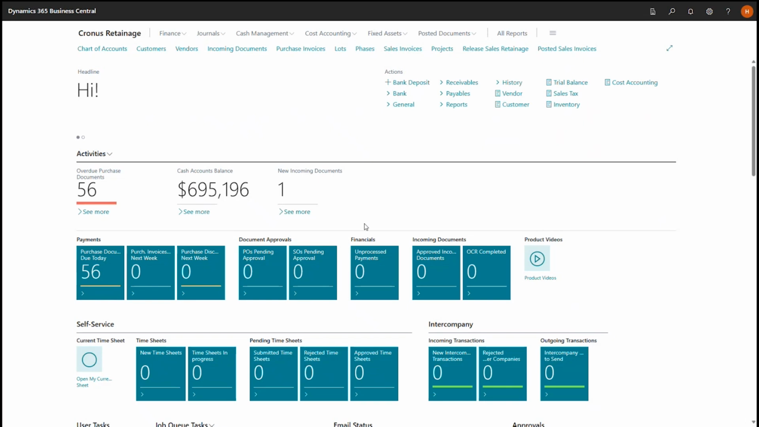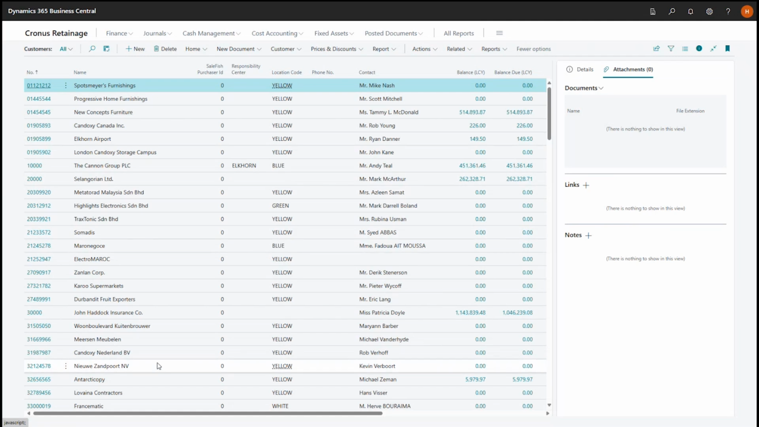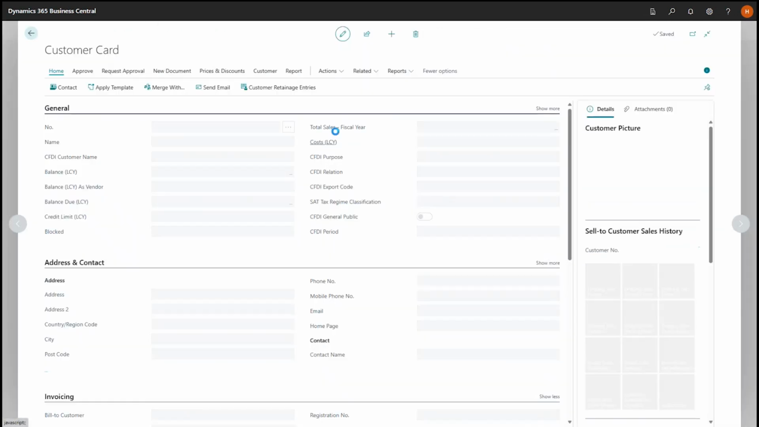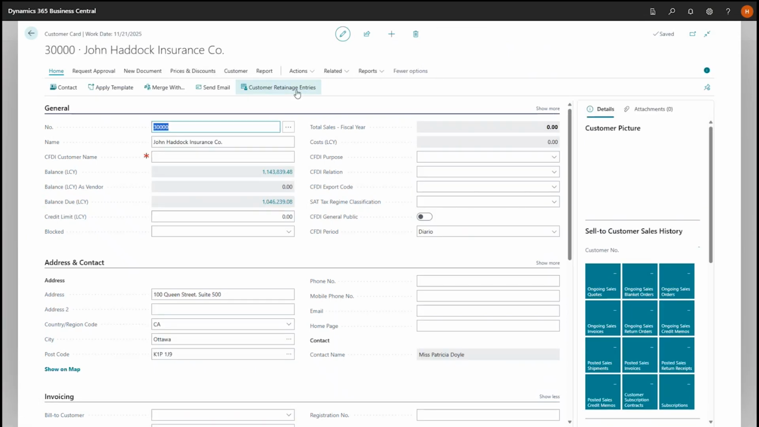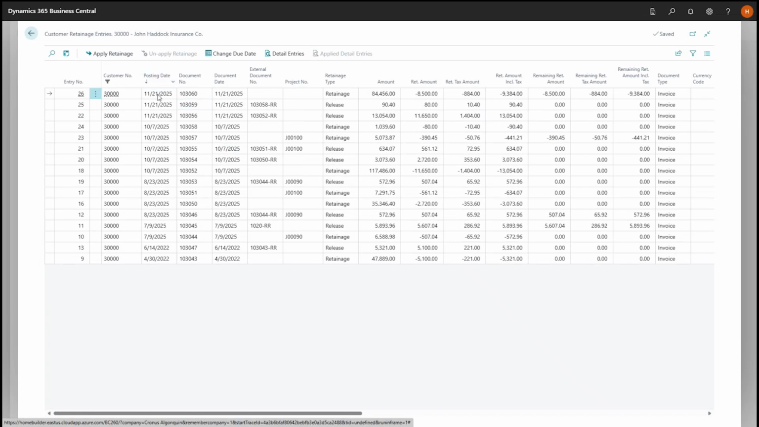I'm just going to click on no there. Let's go back a page, and I'm going to go to customers. I'm going to go and find John Haddock, the customer, and just do a quick search. There it is. And firstly, I'm going to open up the customer and have a look at this button right here, customer retainage entries. So you can see in the customer retainage entries, I'm just going to flip the posting dates, and we can see that a transaction